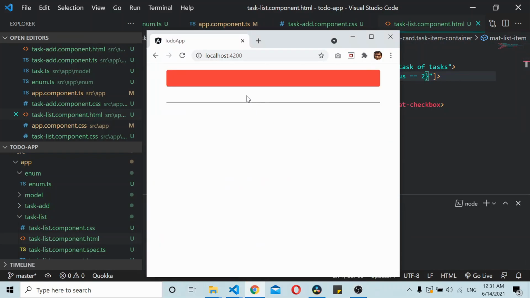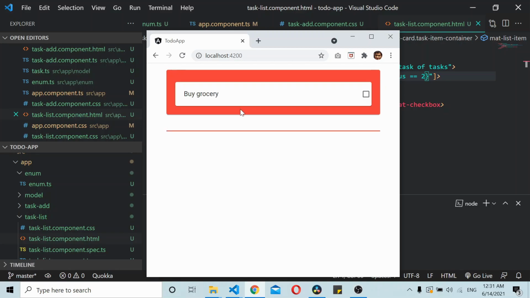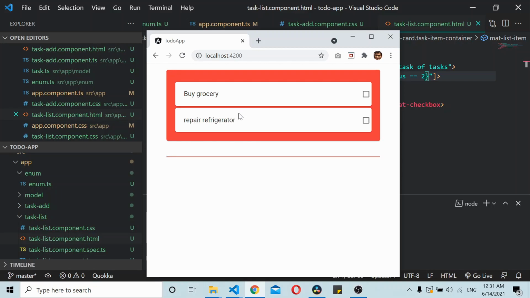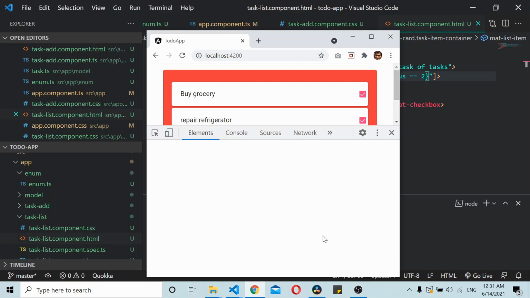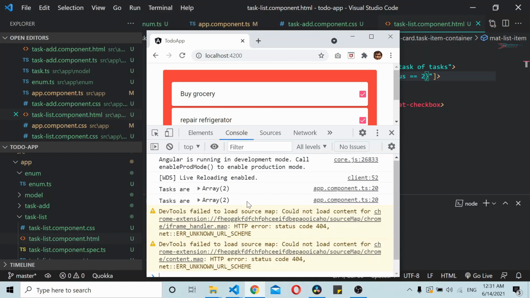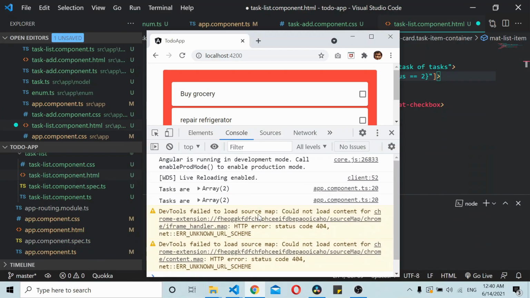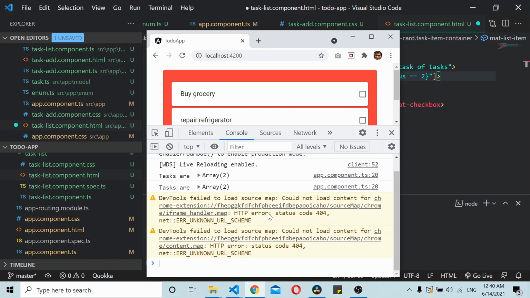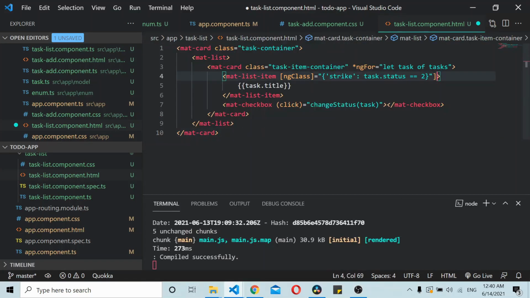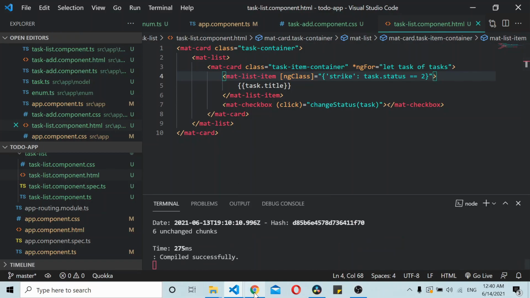Now let's check it. I'll add one task called buy grocery. Click enter. Repair refrigerator. Now if I check on this thing, okay, the class thing isn't working. Let's see what's breaking there. When I click on this thing, what happens? Okay, so we don't have any errors in the console. Okay, I see it. This is not required here. I think we mistakenly added that thing. If you save it again, if you try it again,